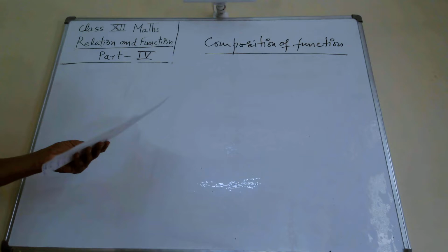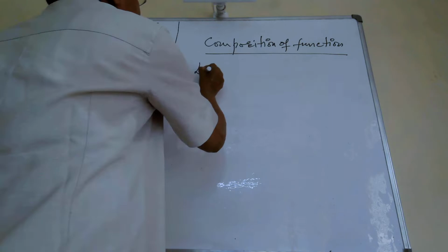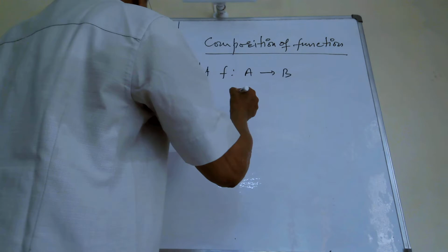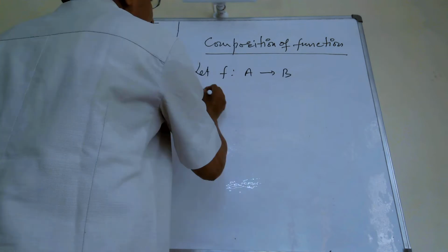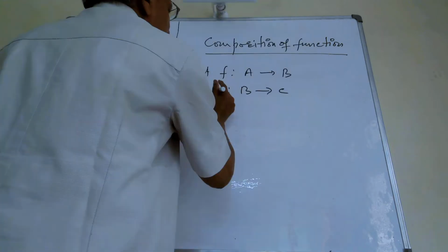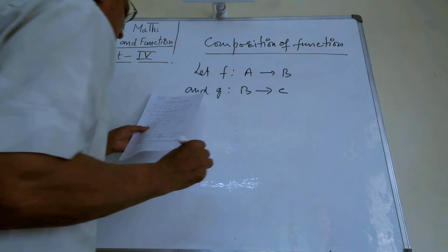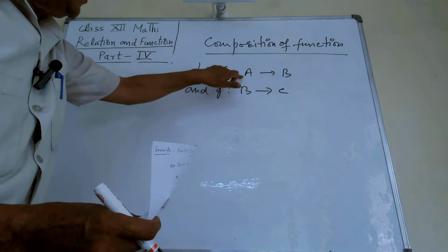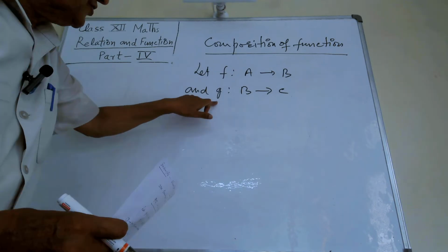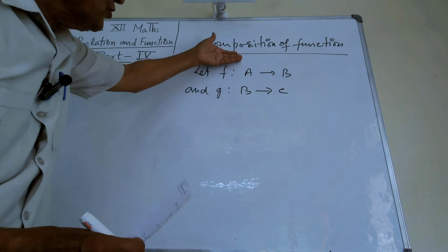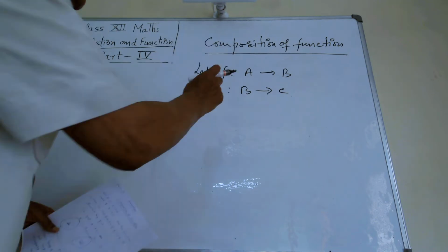There are two functions. Let a function f such that A to B, and second function g such that B to C. First function f from A to B, second function g from B to C. We want to mix these two functions, that is, the composition of these two functions. So the composition of these two functions will be